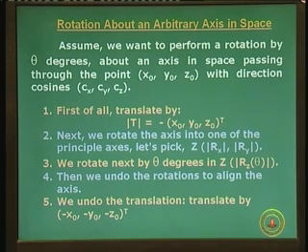These are the different steps for rotation about an arbitrary axis in space. It is almost conceptually similar to what we did in 2D rotation about an arbitrary point. You remember what we did when we wanted a rotation about an arbitrary point? We translated the point to the origin, or the origin was translated to the point, we did the rotation and then translated the point back. Here, if you see the steps 1, 3 and 5, translate, rotate and then undo the translation, it is actually the same as in 2D.